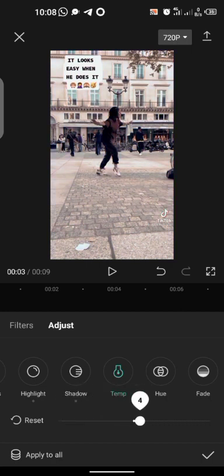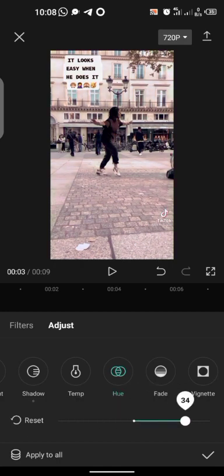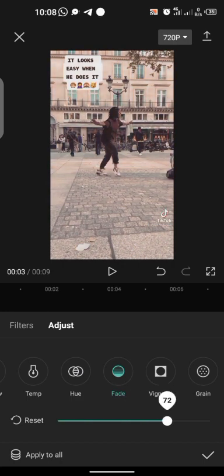All right, so the next one we have the hue. The hue too, you can use it to correct your colors. Well, all these things are all about color correction. The fade, you can use it to fade the video or remove the fading. And then we have the